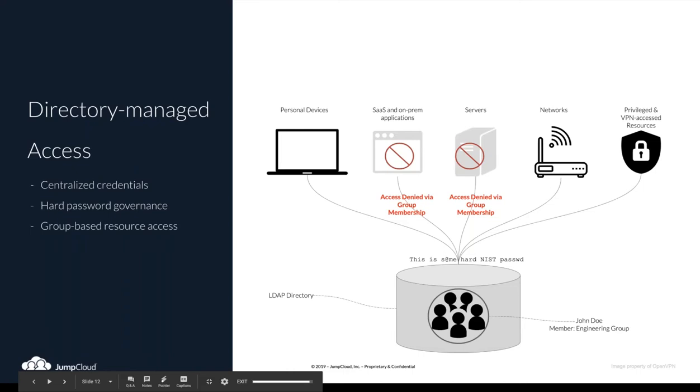The other half of this transaction, though, is authz. It's the authorization part. What this graphic is showing you in this simple model is that our fictitious employee, this guy John Doe, is a member of the engineering group. That is the authorization group. So within this particular directory, this particular group John Doe has access to may provide network access, it may provide VPN access, but it's not giving him access to other things he shouldn't access, like various servers or various